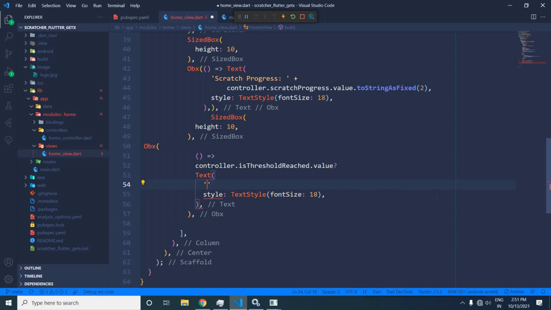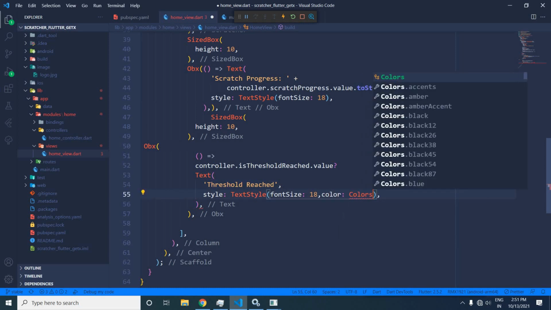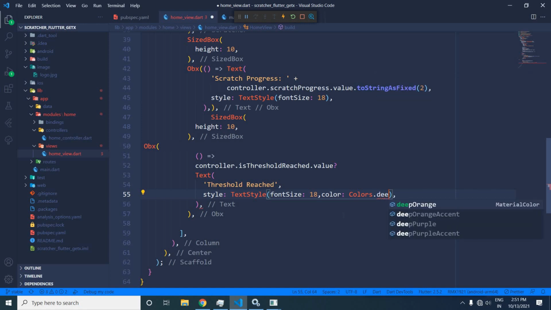Okay, here I will write threshold reached. And in the style let the font size be 18 and let me change the color to Colors.deepPurple.